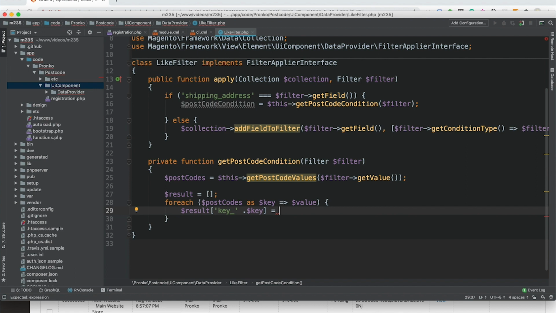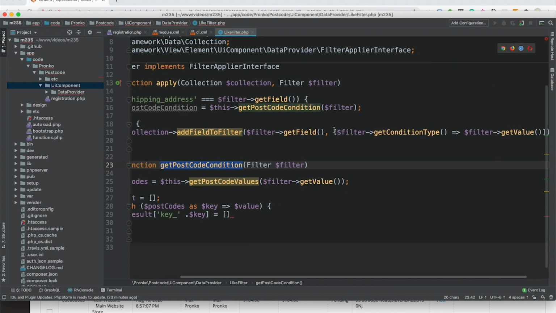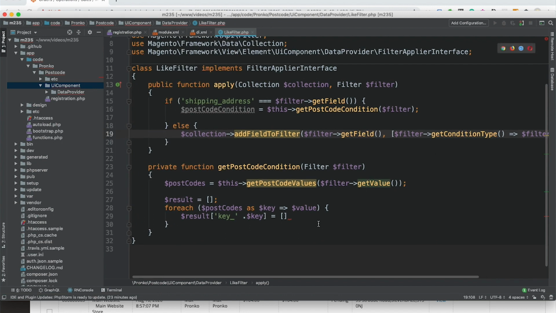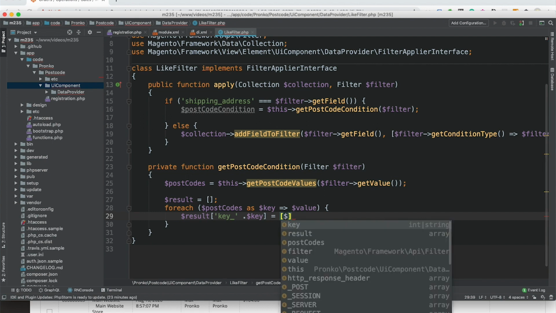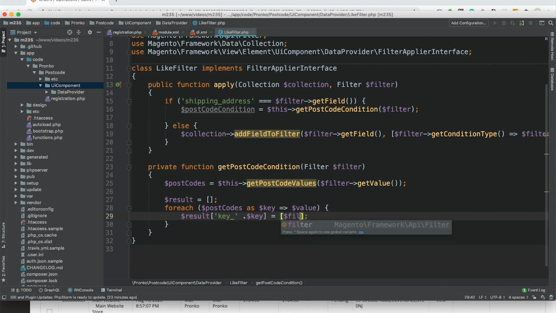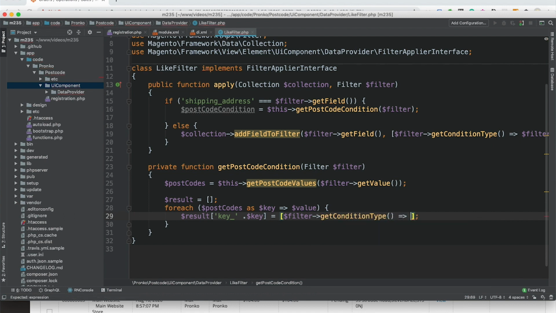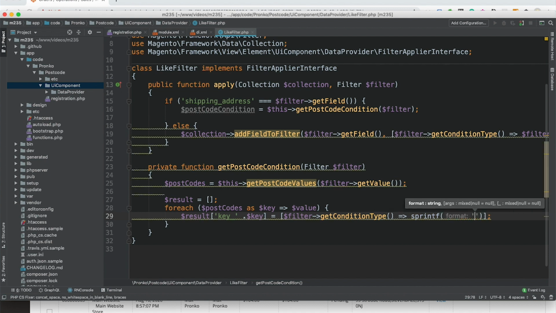of a result collection, and I will have to prepare a condition similar to this condition, filter get condition type, filter get value. So here I have to provide an array, and inside I will use get condition type equals sprintf, and here I have to escape a string or a value.